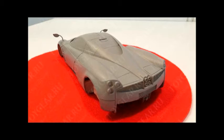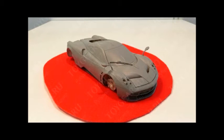There is a roadster version of the Pagani Huayra, and it'll be interesting to see if they actually make that as well. That is a car that was just released to the public at the Geneva Auto Show this year. Let's see how well this sells first, I guess. I would say that if you are into supercars and you like the quality that Aoshima does with their cars, pretty much the best thing you can do is buy one of these kits if you have any kind of interest in a Pagani Huayra in the first place, because